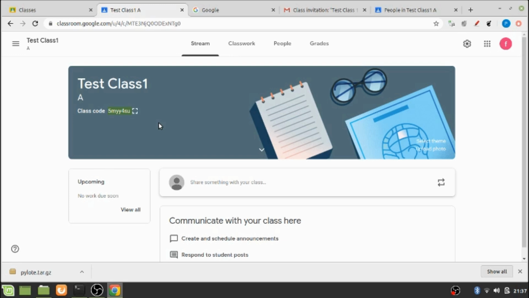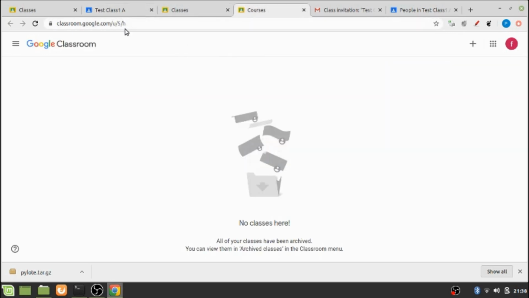The student on his part will have to copy this class code, and when he enters classroom.google.com in his address bar, he will also see this page, where, going to this plus icon over here, he will get two options: join class and create class.